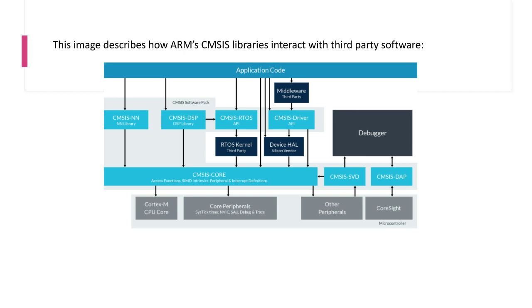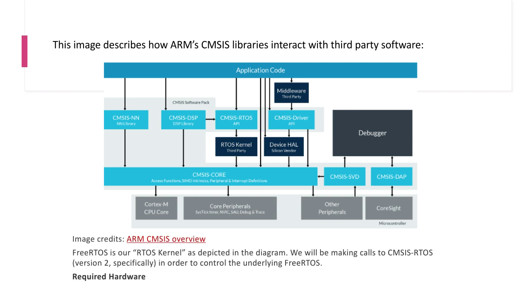So we have the Cortex-M CPU, core peripherals and other peripherals, CoreSight, and on top of it we have CMSIS-Core. The RTOS kernel is there, and there we will implement FreeRTOS. How do we do that? Enable FreeRTOS in STM32CubeIDE. The image credit goes to the ARM CMSIS overview. Create a new C project, select your Nucleo board, and give it a name like Nucleo L476RG FreeRTOS